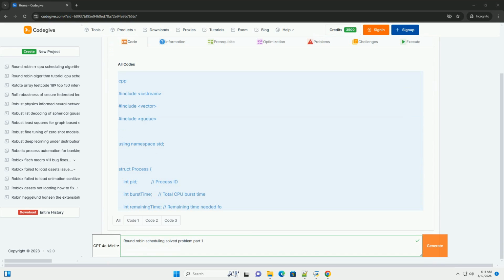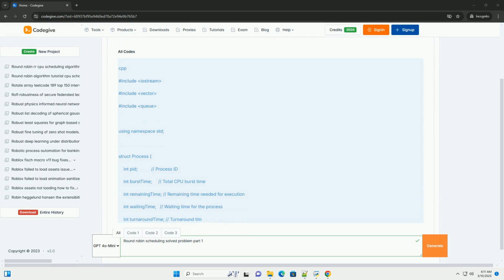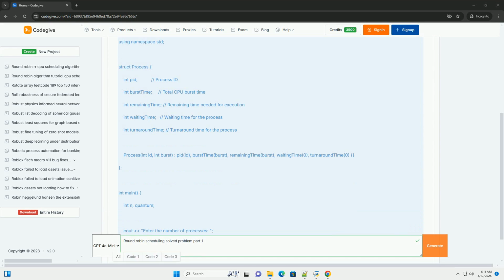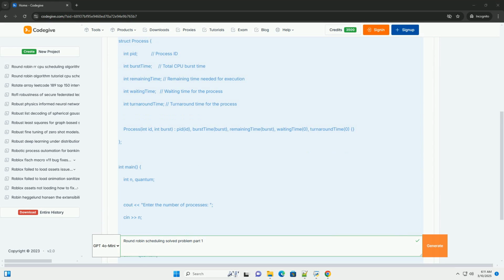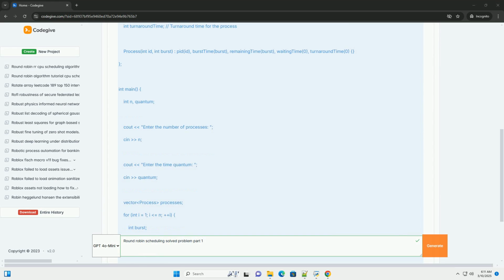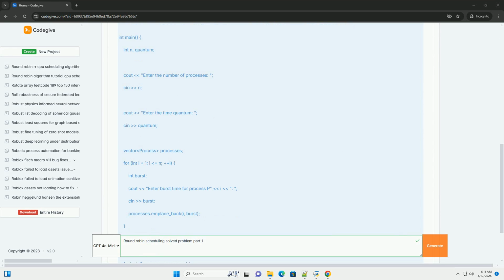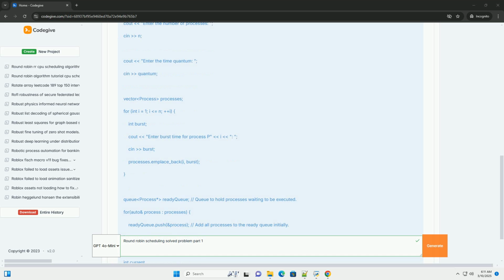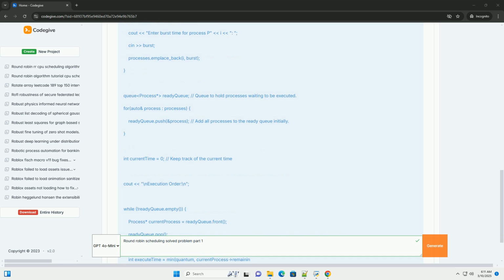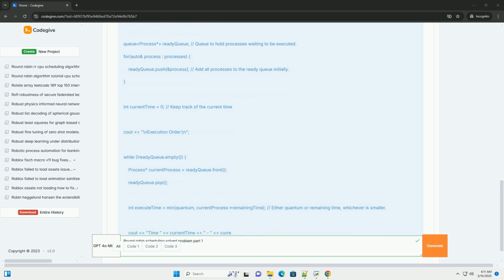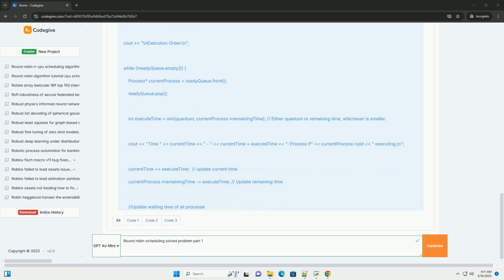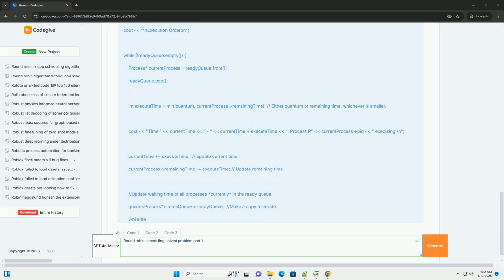Round Robin Scheduling Explained, a detailed tutorial, Part 1. Round Robin, RR, scheduling is a preemptive, time-sharing CPU scheduling algorithm. It assigns each process a fixed time unit, called a time quantum or time slice. If a process is not completed within its time quantum, it is preempted and moved to the back of the ready queue. This ensures that all processes get a chance to execute within a reasonable time frame, preventing starvation and